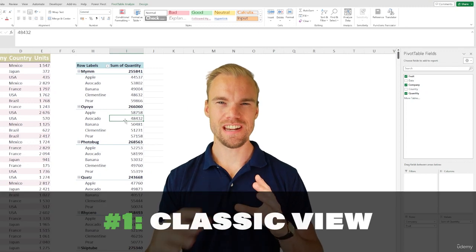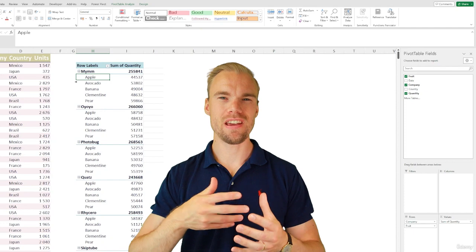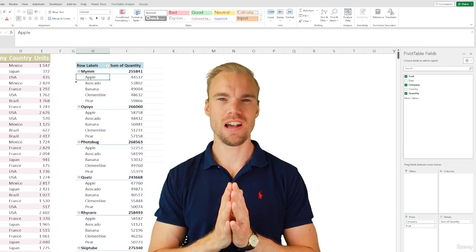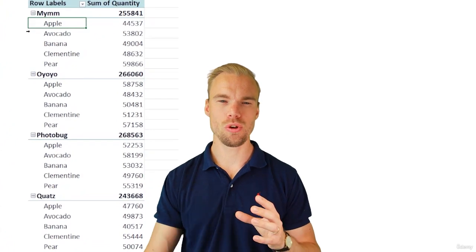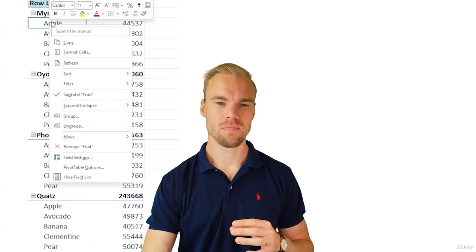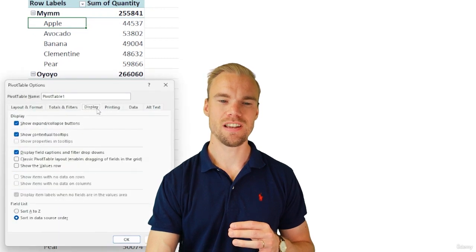First of all, if your data looks like this, then it's impossible to use a SUMIFS function if you would like to do that. What I usually do is that I change it to be a traditional view. We right click on it, we press on Pivot Table Options, and in the display section we make sure that it's a classic pivot table layout. Press on OK,